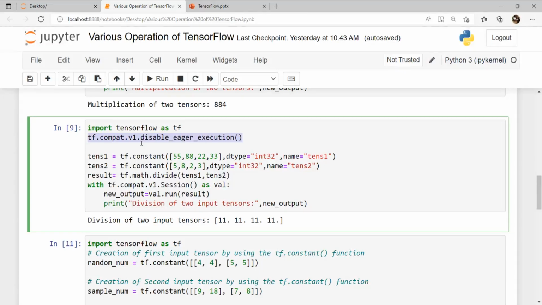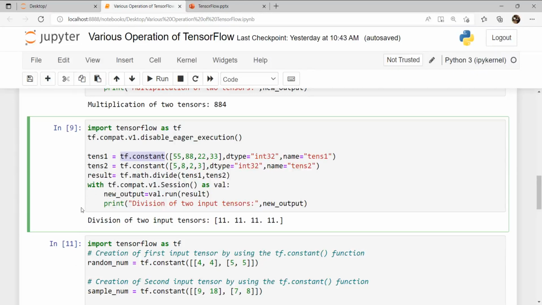After this I have created two input tensors for dividing the elements. The first one is tens1 and the second one is tens2. For creating these I have used the tf.constant function, and within this function I have assigned a one-dimensional tensor, that is 55, 88, 22, 33. Along with that I have mentioned the data type, that is int32, and the name of the operation, that is